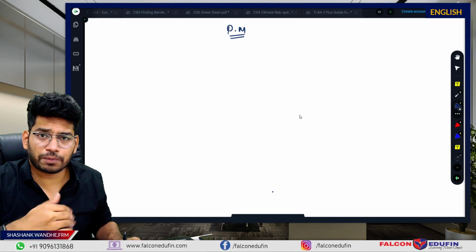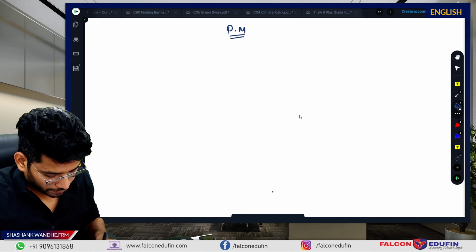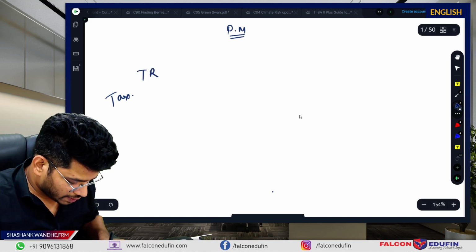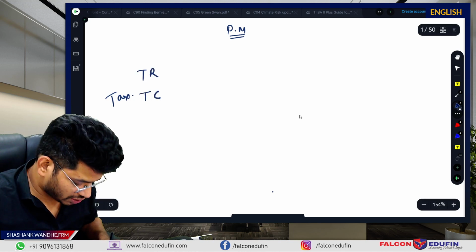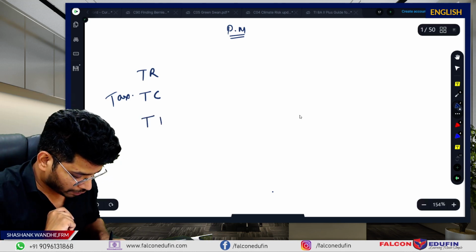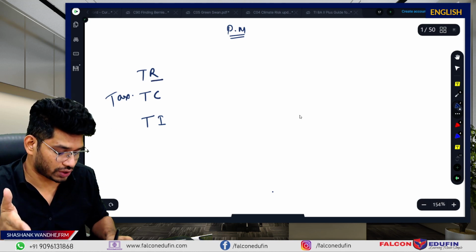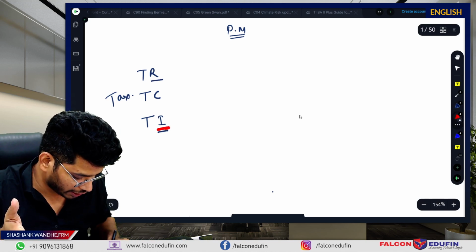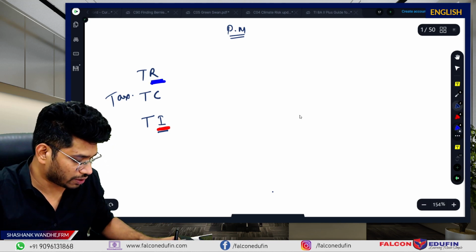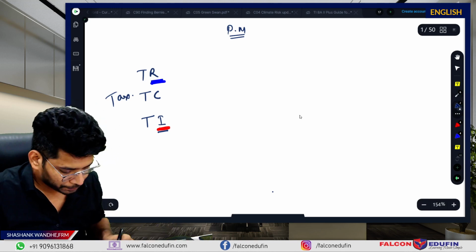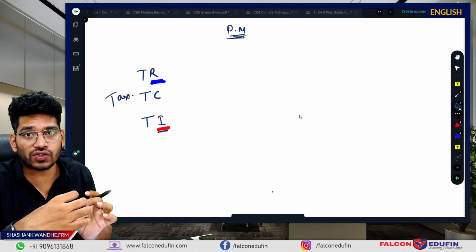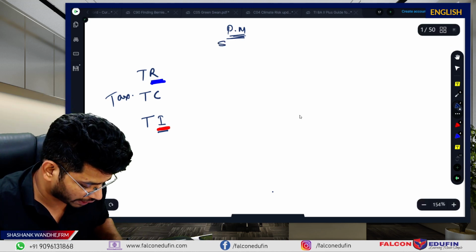And then, based on this scenario, first we will start with the tax. So I will first note this: tax reduction, tax constant, and tax increase. I'll just mark increase with the red line and reduce with the blue line. Okay, so this will provide you the clear indication. Now next is the impact of this tax structure change on the company's share price.